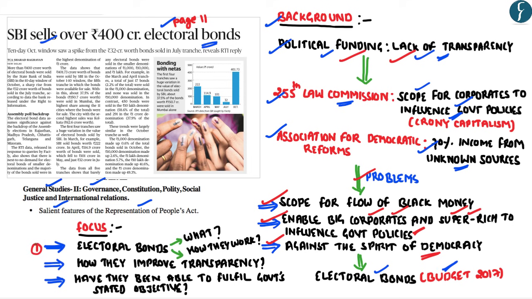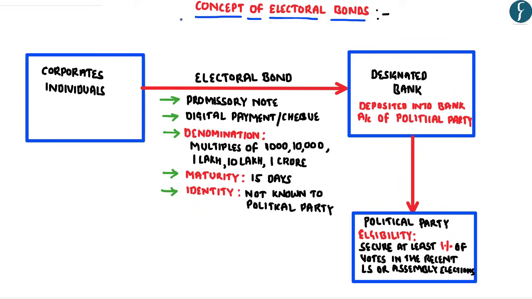So as part of this video analysis, we shall mainly focus on three aspects. Firstly, we'll understand what electoral bonds are and how these bonds work. Secondly, how these electoral bonds improve the transparency of electoral funding in India. And lastly, we'll analyze whether the electoral bonds have been able to fulfill the government's stated objective of improving transparency. Now coming to the concept of electoral bonds,